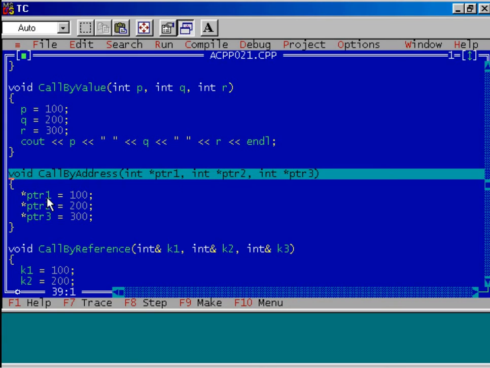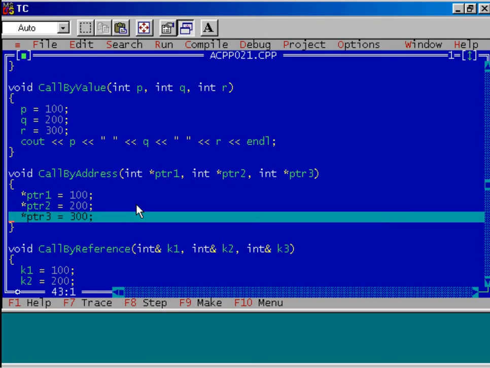After that, I am changing the value of the variable to whom ptr1 is pointing. Then I would like to change the value of the variable to whom ptr2 is pointing. Similarly, I want to change the value of the variable to whom ptr3 is pointing. So I assign these values 100, 200 and 300.